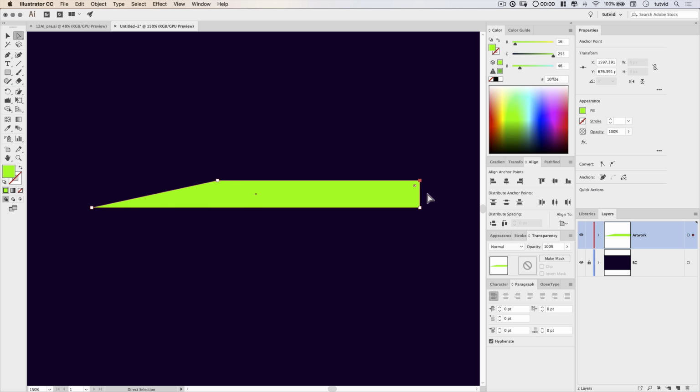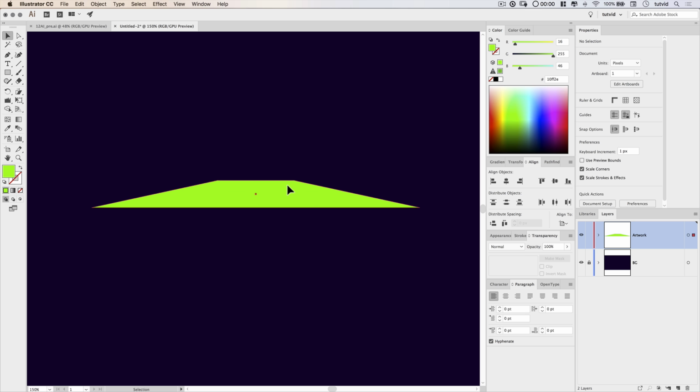And then I'm going to grab the top right anchor point, and I'm going to nudge this to the left 24 times. I had to subtract 4 because I almost went to 30. So 24, so we're moving it inward quite a bit to create this sort of flattened triangle shape.